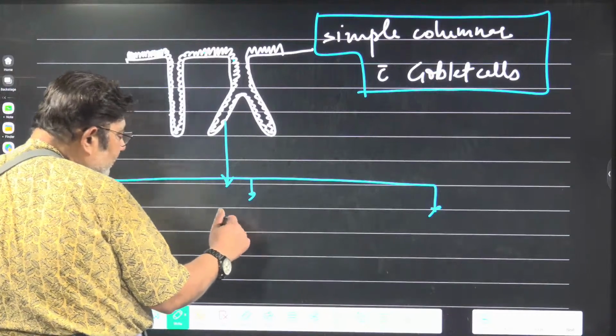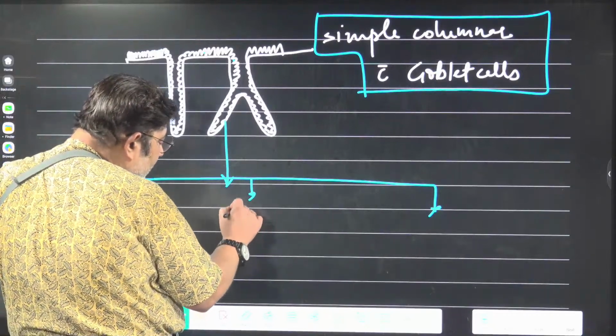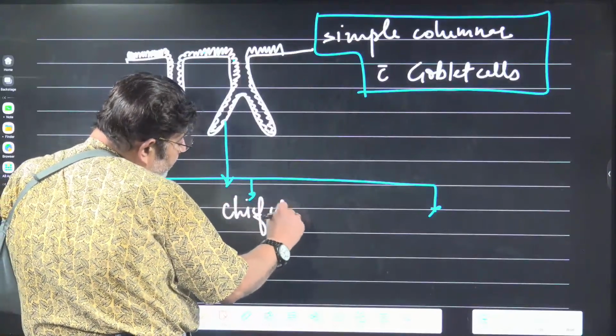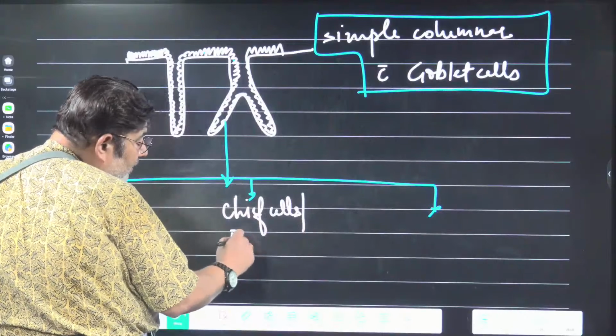The other cell types, these are called the chief cells. Okay, so they are chief cells. Chief cells. They can also be called as